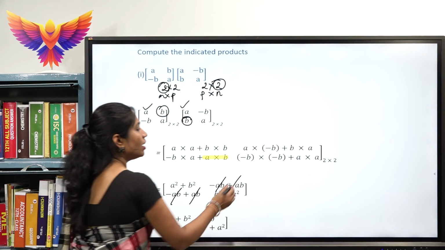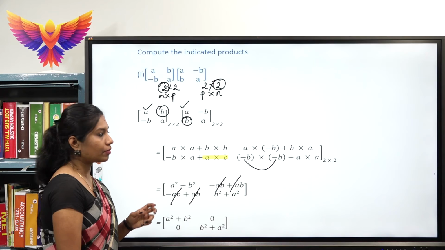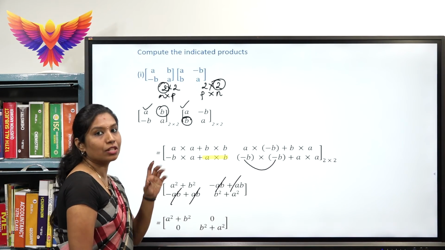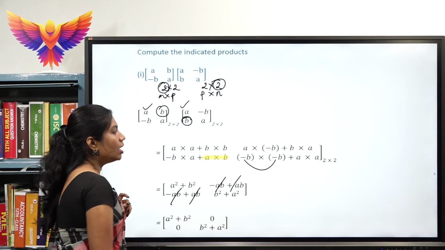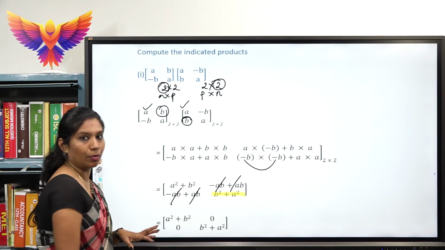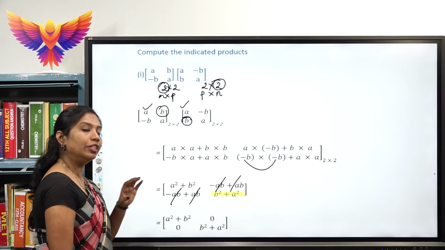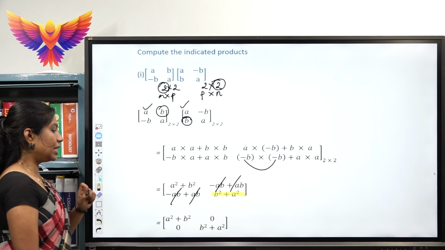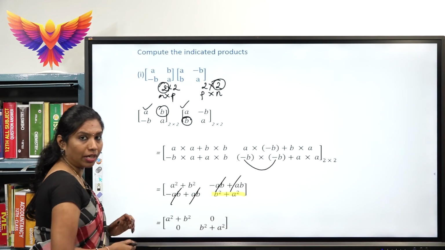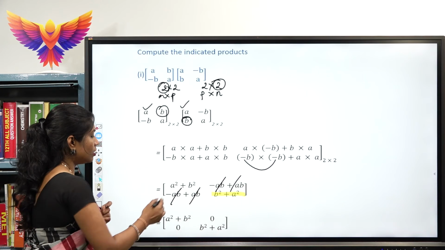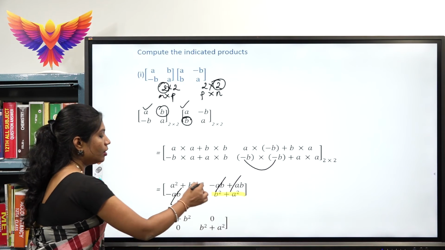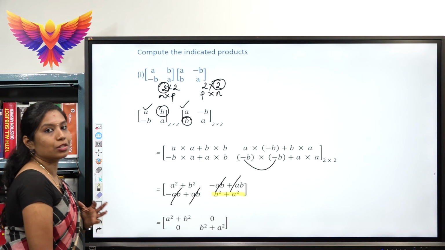Next, I have minus B into minus B. So, minus into minus, which is plus here. So, I will be getting it as B square. B into B is B square. Same way, I have plus A into A, which I will be getting as A square. Now, after further simplification, it is A square plus B square. These two terms have got cancelled, which is 0. The same way, minus AB and plus AB has also got cancelled, which is 0. This will give back me B square plus A square.